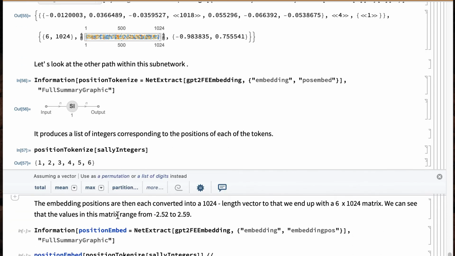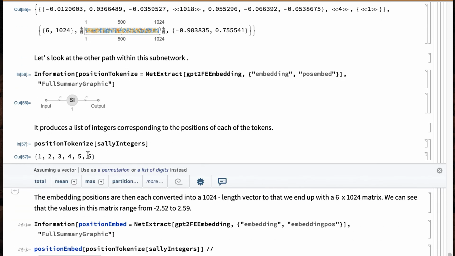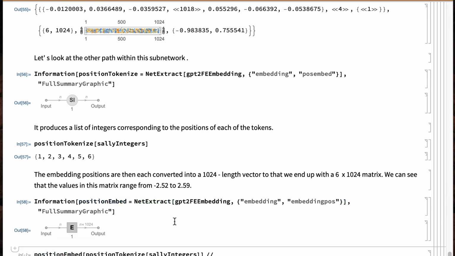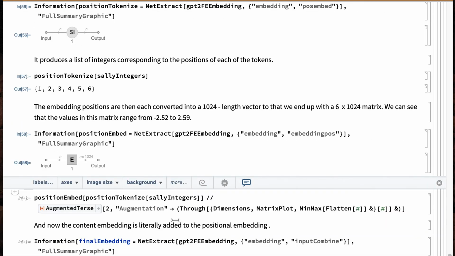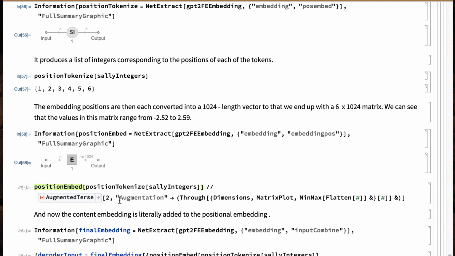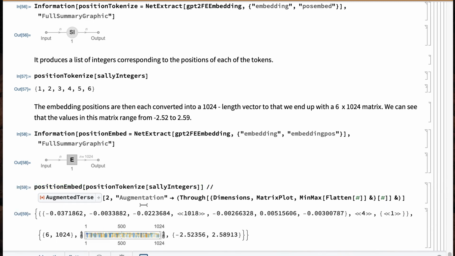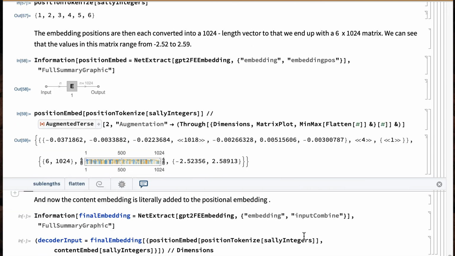And now the next step is to figure out a way to render those 6 values as 1024 length vectors, which seems like overkill to me, but whatever. And again, if I look at the positional embedding, it's a 6 by 1024 matrix. The values tend to have bigger ranges. They can actually be negative 2.5 to 2.5.